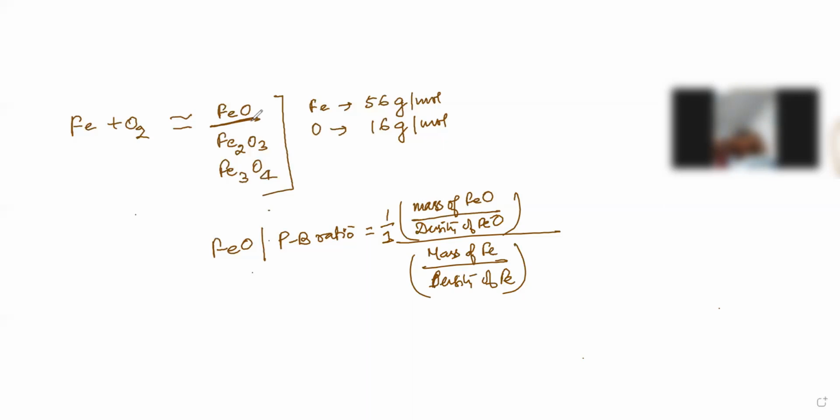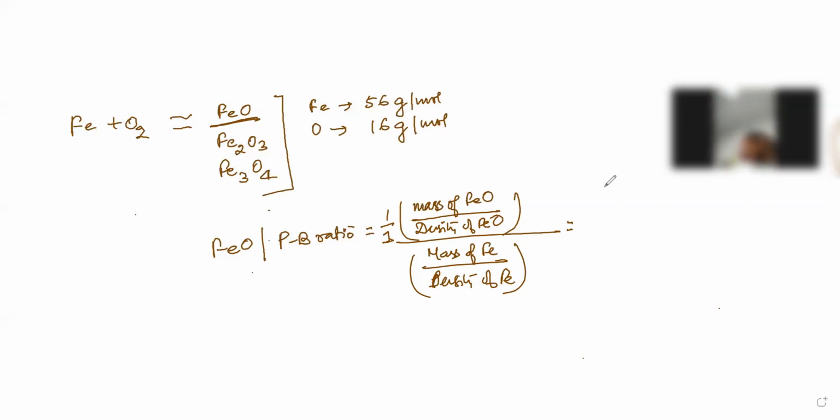Yeah, for first FeO, only 1 mole of iron is there in the oxide, right? It will be one mole, producing 1 mole. So that's why here the factor 1 by A will be equal to 1 by 1. Yeah, exactly. So we have this mass of FeO that will be equal to